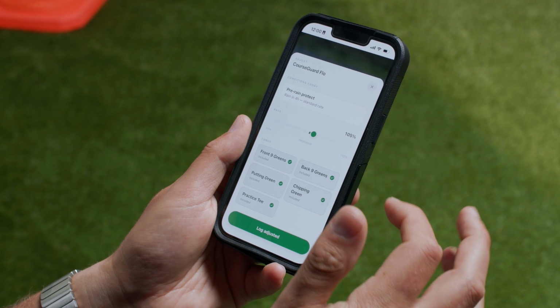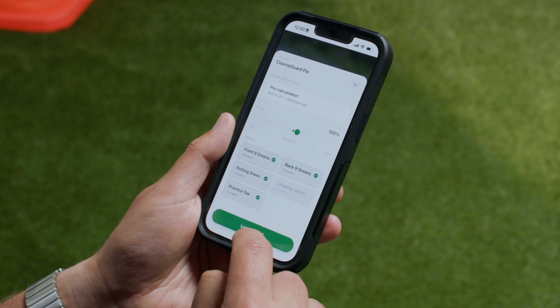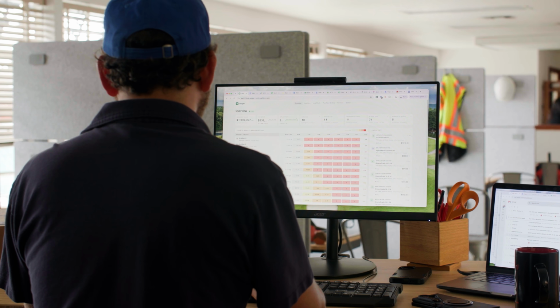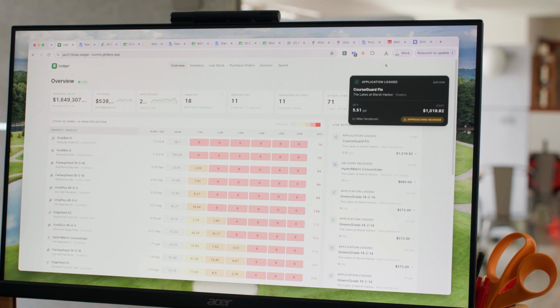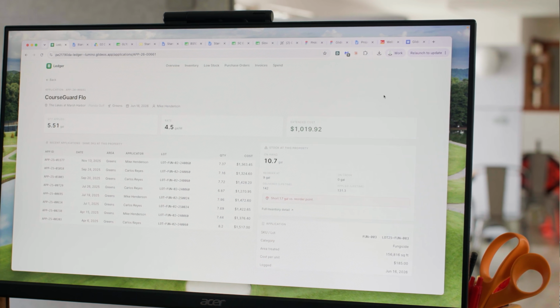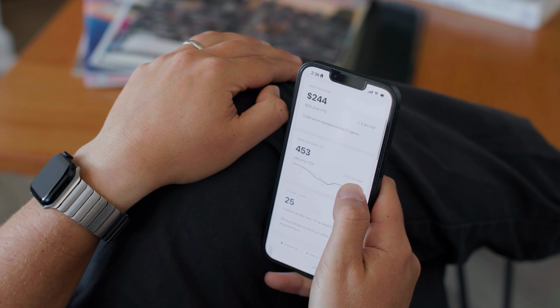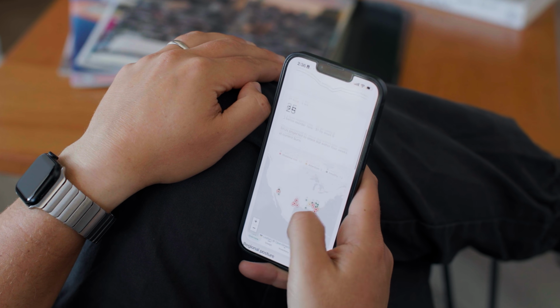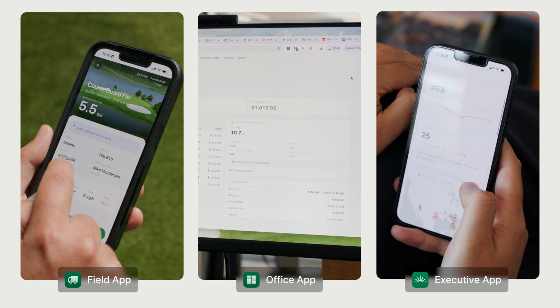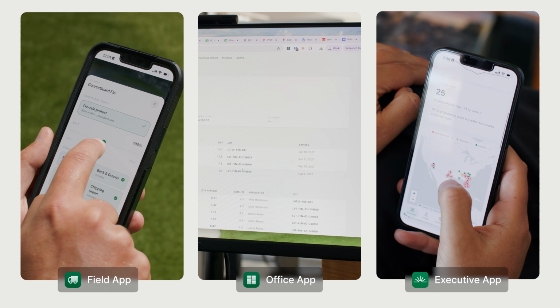So, for example, someone in the field logs an event in their mobile app. The ops team in the back office sees the event live and immediately can take action. And executives can see up-to-date business metrics in simple custom dashboards on their phones. These apps are connected by shared data, they're private to your company, and just like spreadsheets, they're easy to adapt